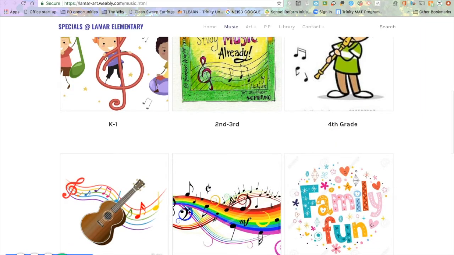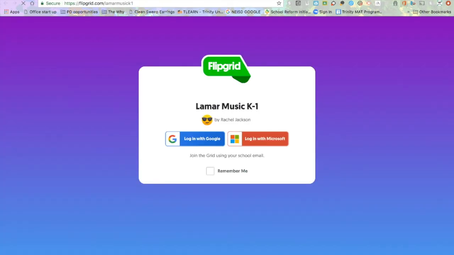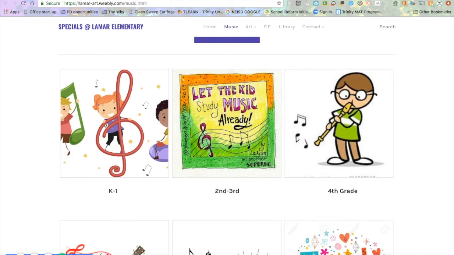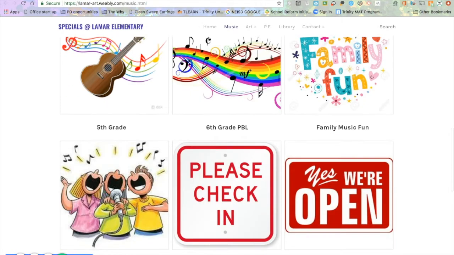So each of your Flipgrids are embedded here. If you click on the image, it will take you directly to the Flipgrid for your grade level. Your student can log in with their single sign-on and access the Flipgrid and upload. I've put up a tutorial for how to put your art in Flipgrid as well. So each grade level has their own Flipgrid,